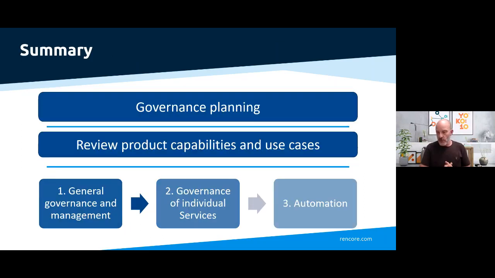So in summary, just to look at the process we went through with Specialist Risk Group, we started off with governance planning, and that was quite a while ago, and that was related to the overall planning and strategy of the rollout of Microsoft 365 services. We then reviewed the product capabilities and some potential use cases with SRG and the stakeholders within SRG, and then decided to break the deployment down into a 3-stage process, where we looked at some of the quick wins or the general governance of the tenant, identities, licenses, security, etc., and we built some dashboards around that.